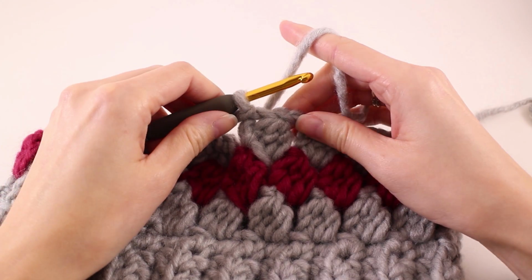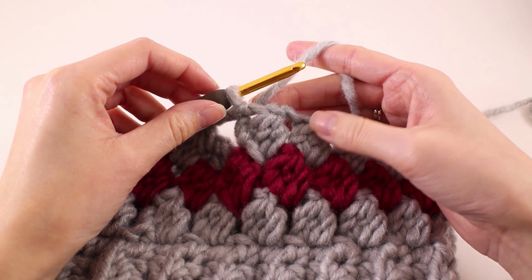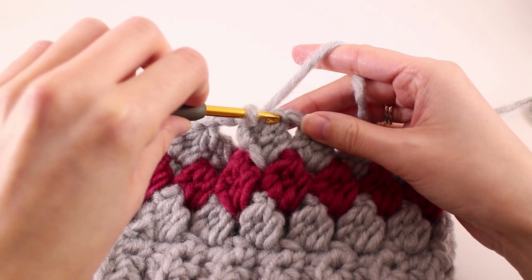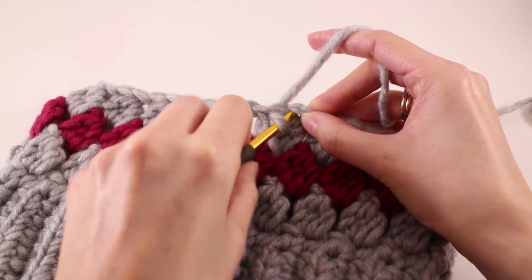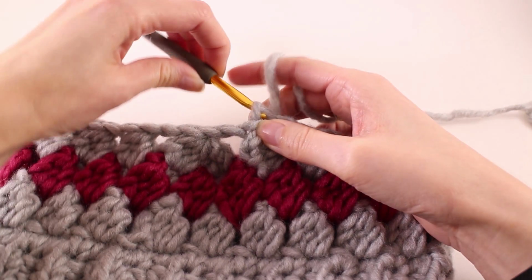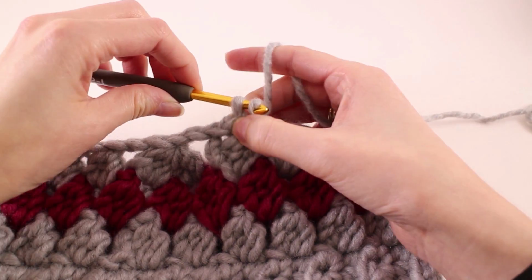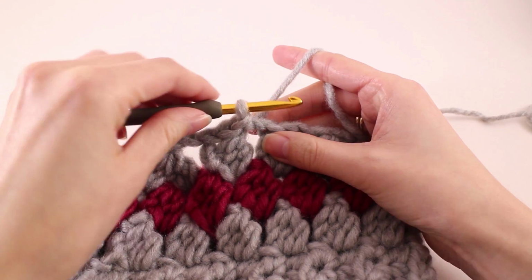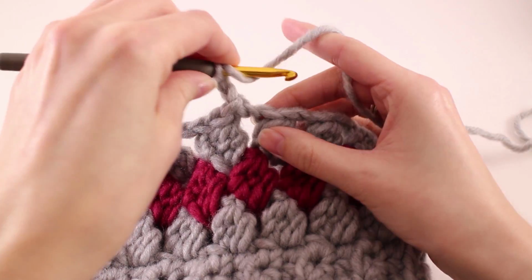For round 5, we're going to decrease again, but we're going to do so in a different increment. The first thing that we need to do is get our hooks in the proper position. So we want to make a slip stitch into the chain of that cluster below, and then slip stitch again in this chain 1 space. Now from here we can start that first cluster, chain 2 before,